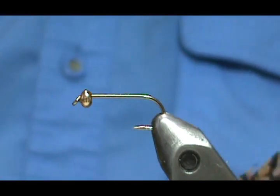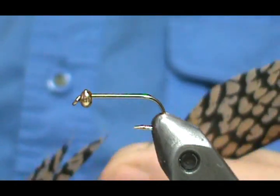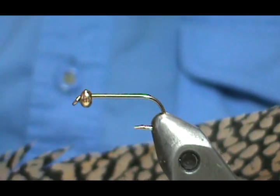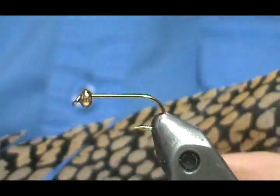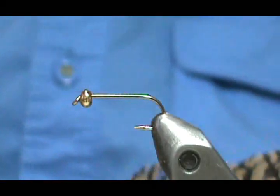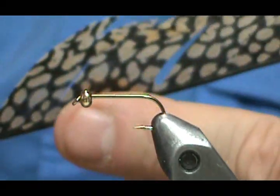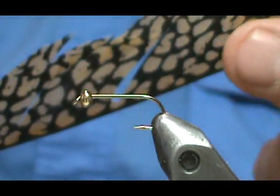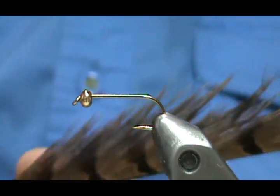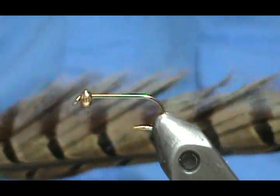And here is another pheasant. This is not a ringneck pheasant tail. This is an Amherst pheasant tail. I was told when I got these that these were Amherst pheasant tails. And this is real nice because you get that different camouflage or different moltings on there, and they make nice ones too. But the ringneck pheasant is the most popular, and that's what you'll get when you buy the